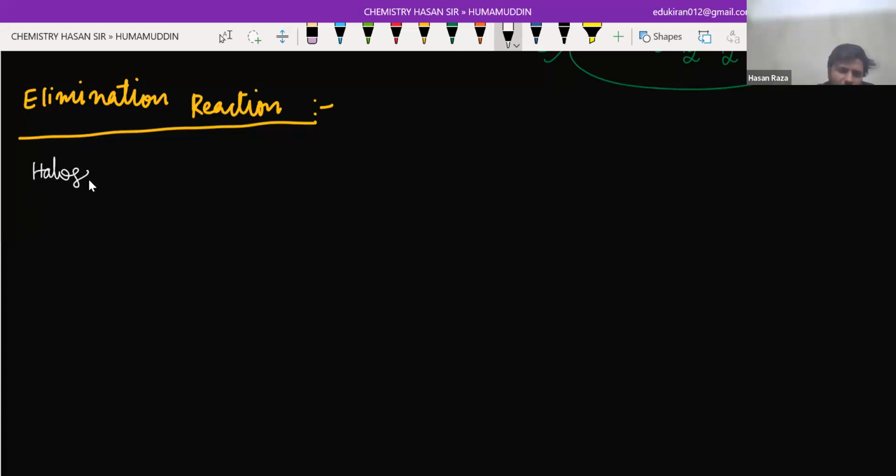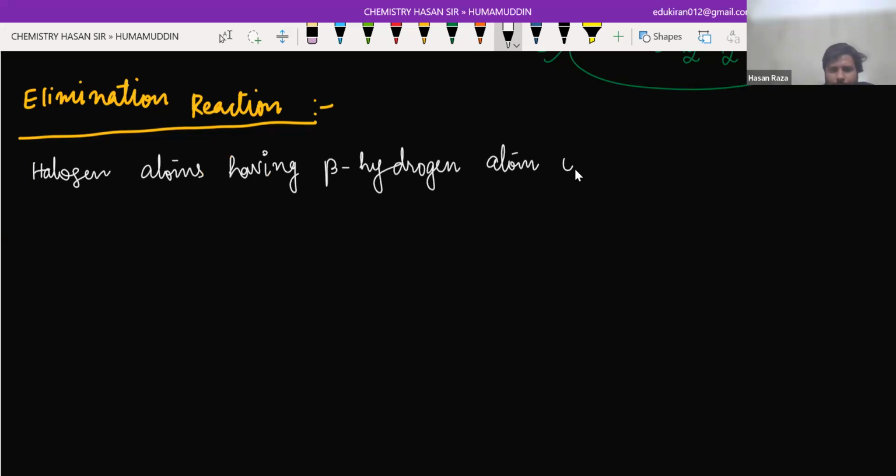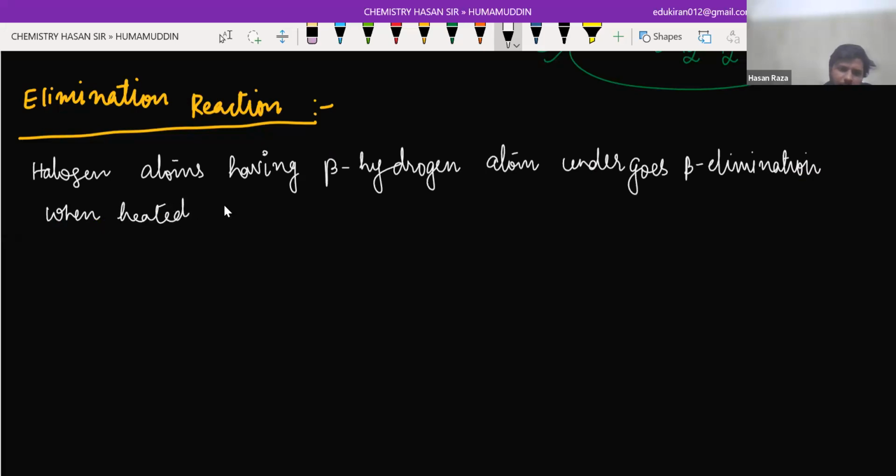Halogen atoms having beta hydrogen. I will tell you what is beta hydrogen. Halogens having beta hydrogen atom undergo beta elimination when heated with